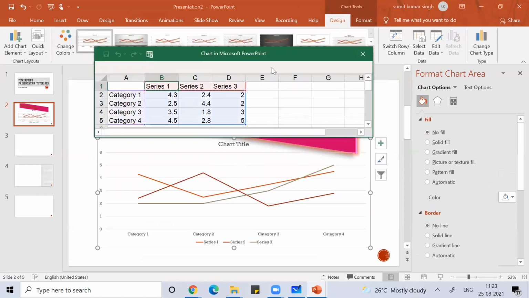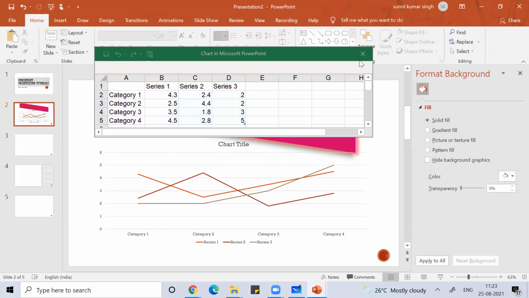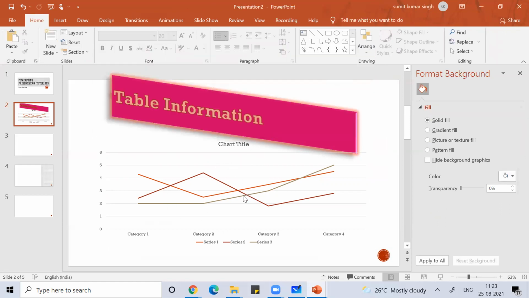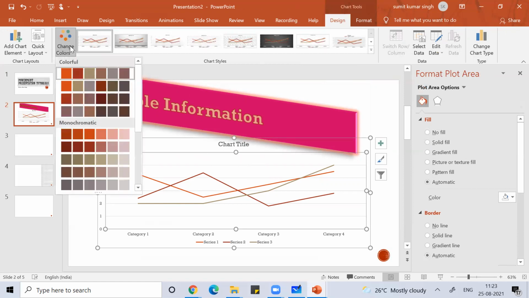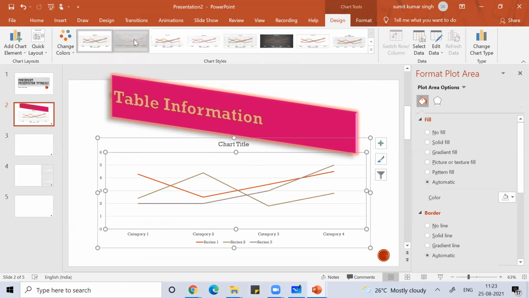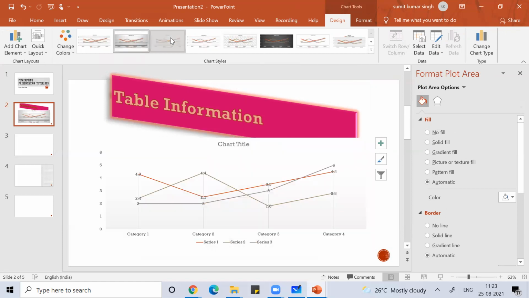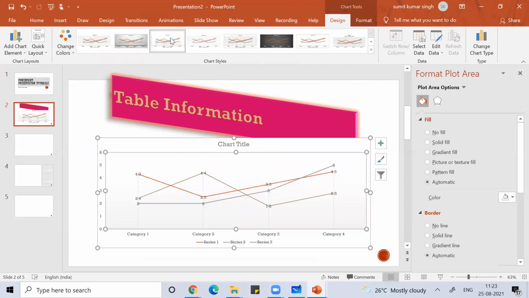So you can see this, these are dummy data charts in PowerPoint. If you create a chart, you can understand how to work on it. You can change the color of the chart the way you want. You can change the template of this. The same thing I did in MS Excel also.